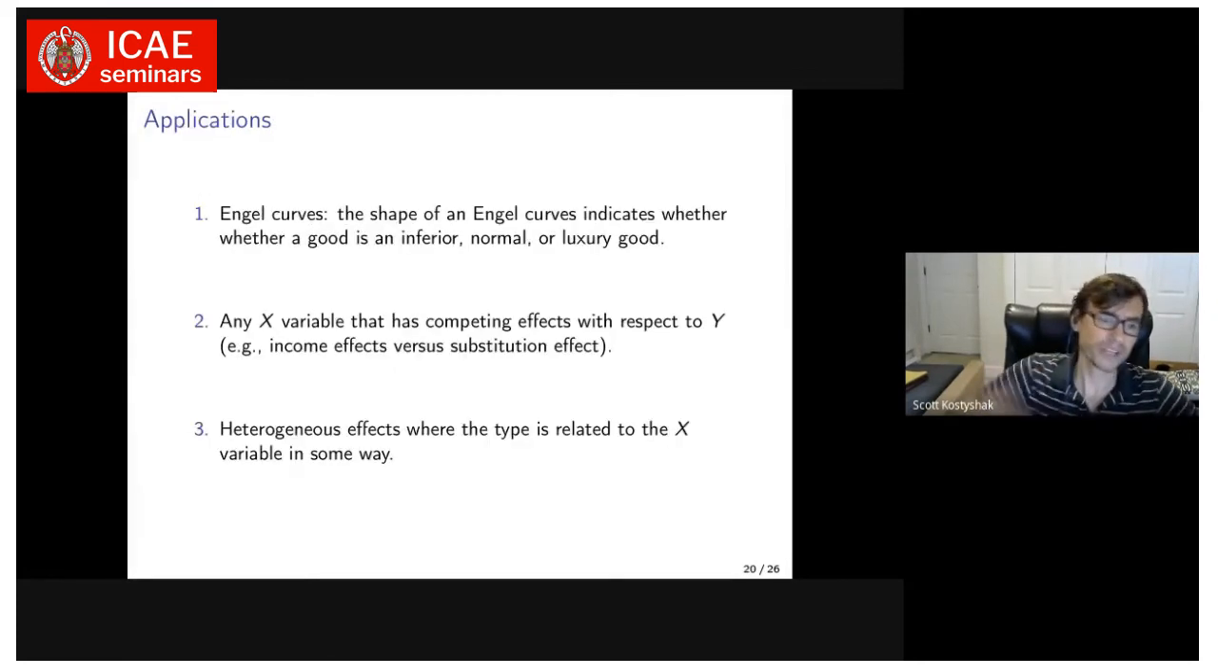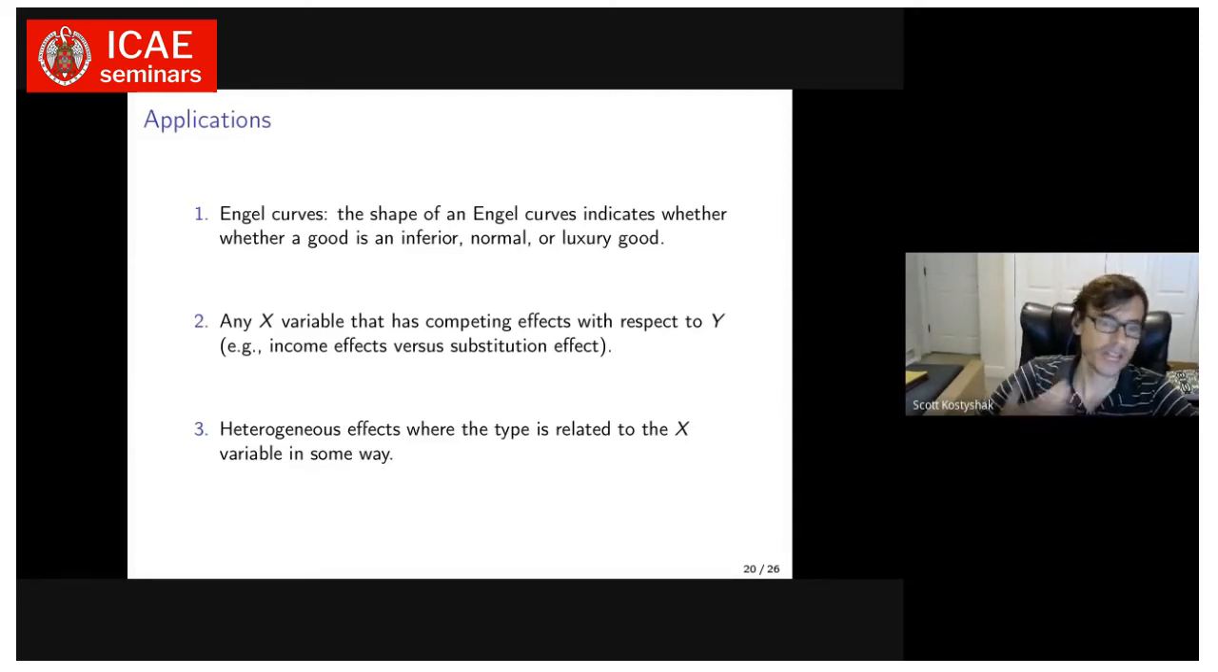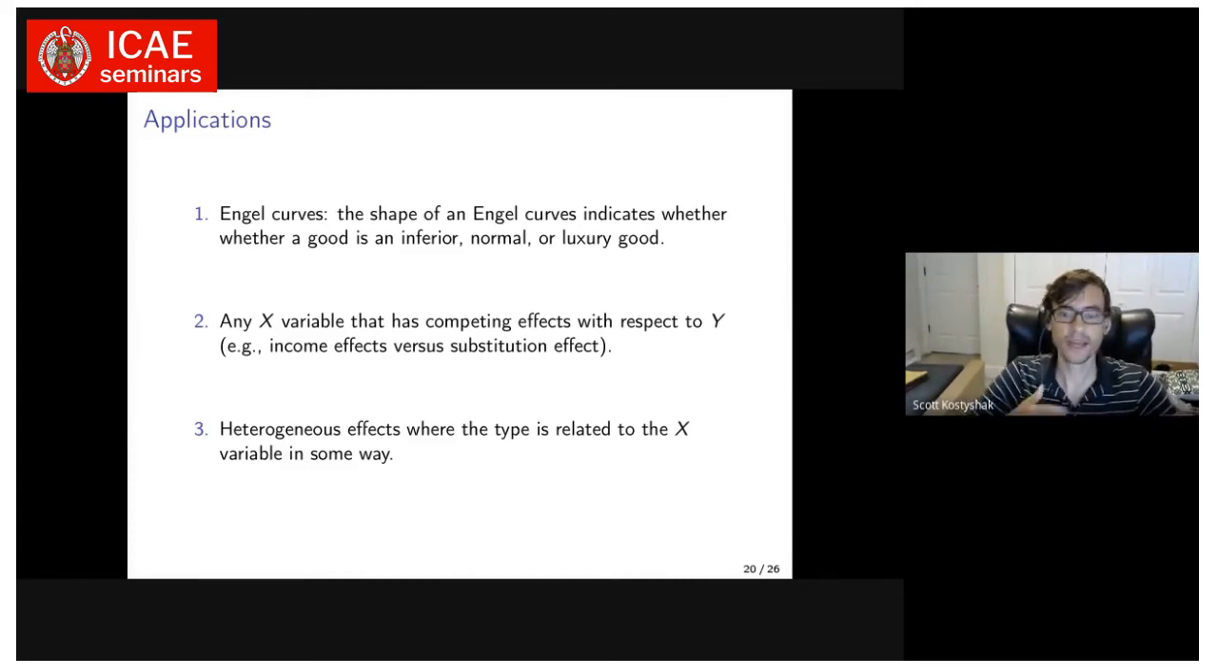So more applications to think of, angle curves. So this kind of goes along the lines of the partial complements or the partial increasing returns that we were talking about with example 1. Often a good is classified as either normal or inferior, but in practice we might think that